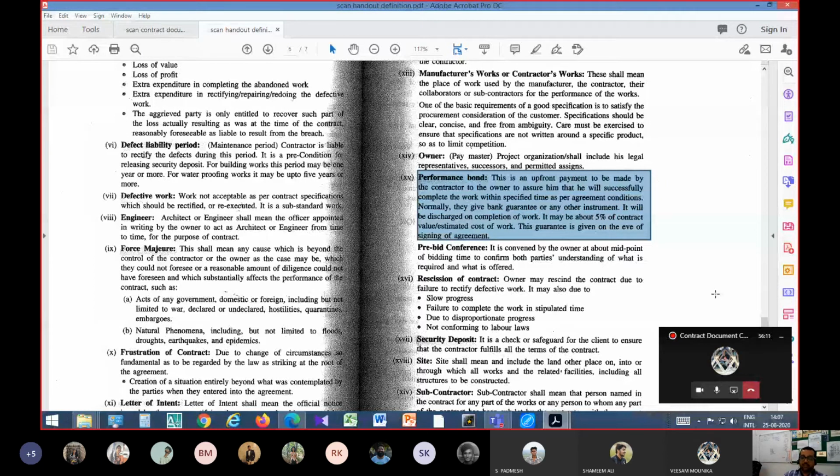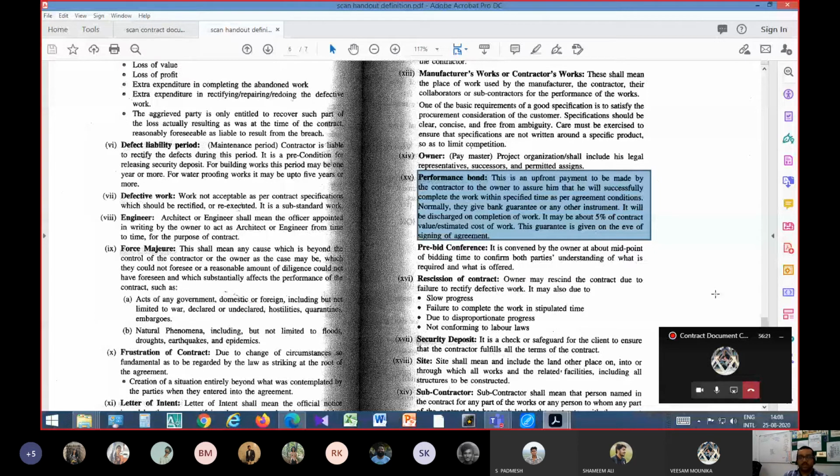It can be encashed, but until and unless it is encashed, it is just a paper of high value. For that, you don't have to take a loan from a bank against that and give it as a performance bond. You being the contractor, you can just keep that stamp paper with the owner for the time being as a performance bond. In today's day, this has become even clearer.